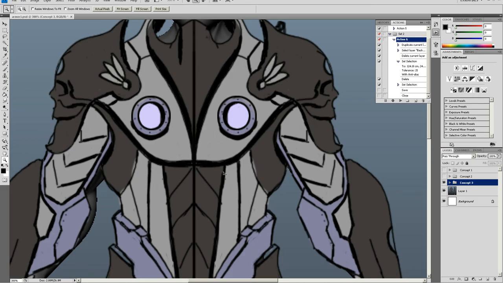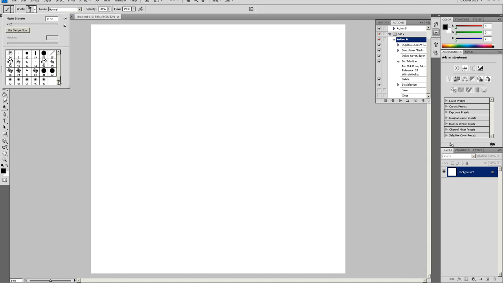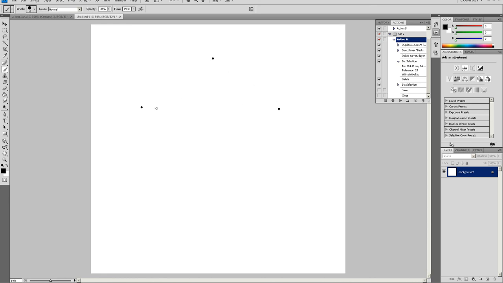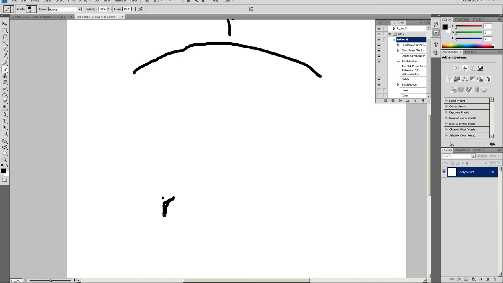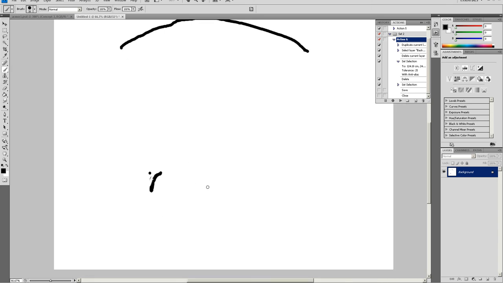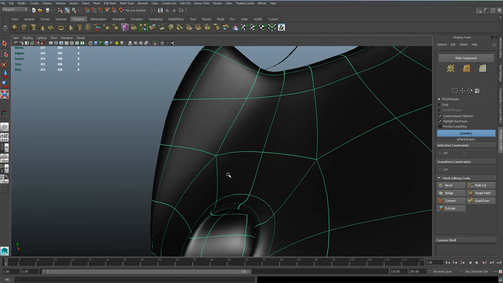I can make a pretty picture, of course. It's a little bit easier this way. So what it pretty much does is, I'll grab a quick brush, a big one. So these are vertices, right? When you hit smooth, Maya interpolates between these two, and then just like this, right? So it takes half of this vertex right here. But the shorter the distance between the vertices, or the closer they are to each other, the smaller the curvature will be, which makes sense. So when you have more edges or vertices together in close order, they will get this nice small soft curve. So if you want to get something really harsh, like a harsh curve in there, add